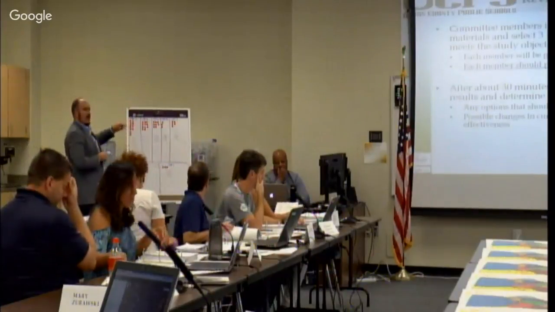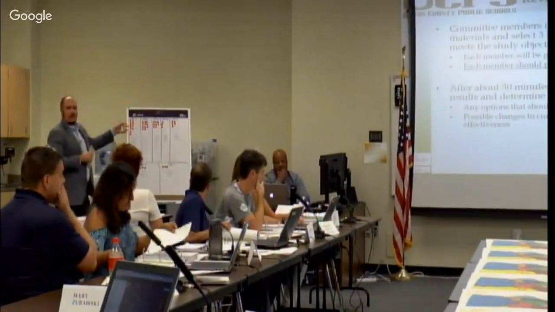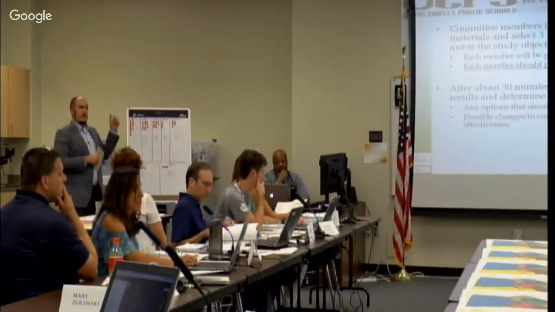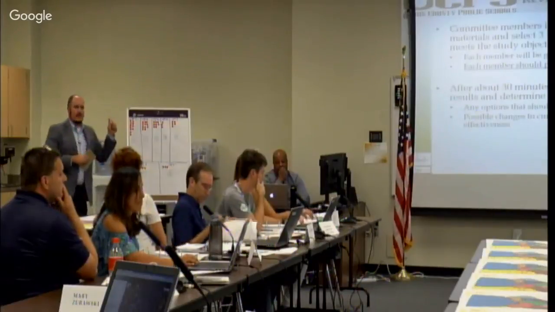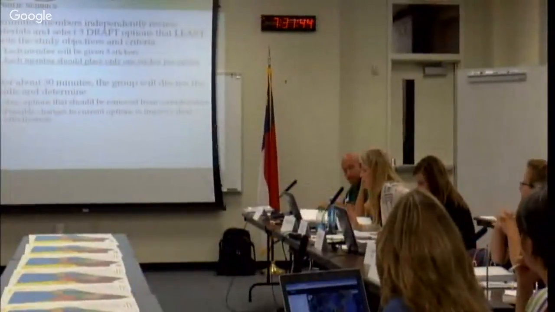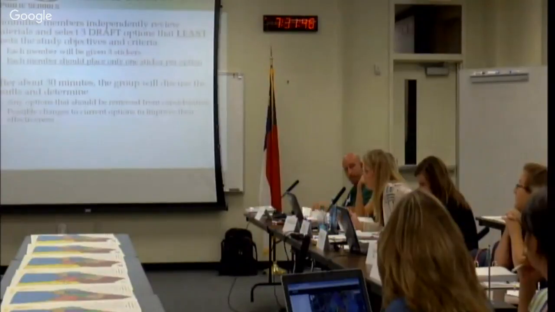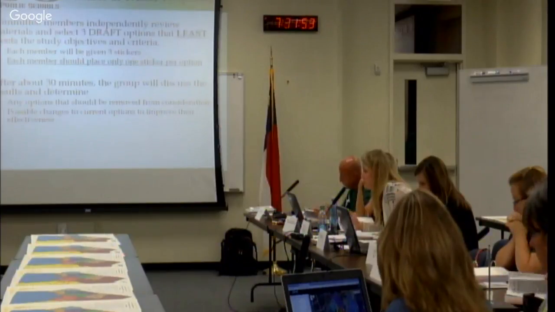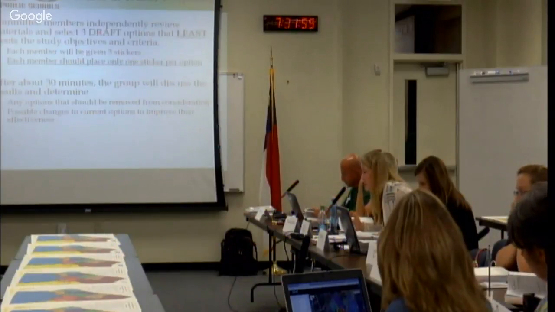Does anybody want to share why they felt compelled to put a sticker on option 1? Why they felt option 1 did not meet our criterion objectives that should be considered? Yes, ma'am. That's the original one that we were talking about. There's a few that are crossing over 74, and we were trying to use that roadway as one of the criteria to make sure that we're keeping people on one side of it or the other. So that one majorly stuck out, as we went down 74 and had some crossovers.